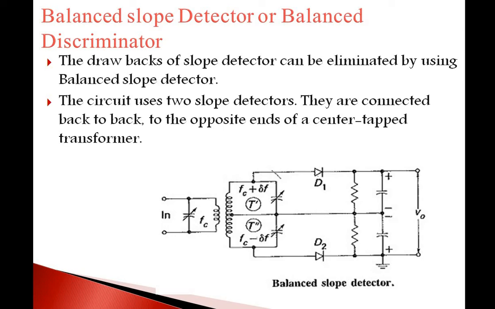First I am starting from the operation. Let's listen carefully. For these tuned circuits shown in the above diagram, the circuit T1 is tuned above the carrier frequency. This first part is tuned above the carrier frequency, meaning FC plus delta F, where delta F is nothing but your tuned frequency offset, that is more than your carrier frequency. And T2, or T2 double dash, is tuned below the carrier frequency, denoted by FC minus delta F. The response of these tuned circuits will be a curve where you will have the linear characteristics.